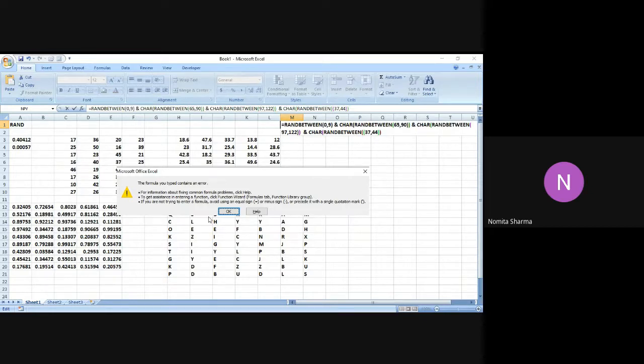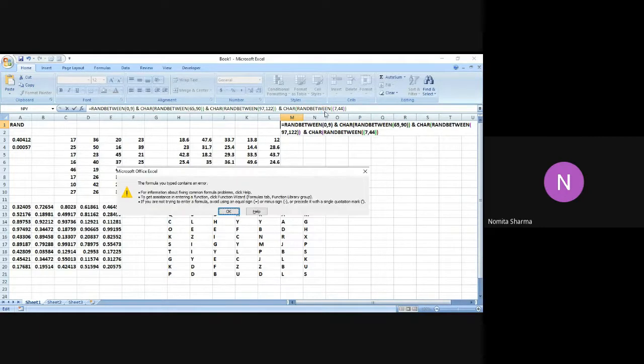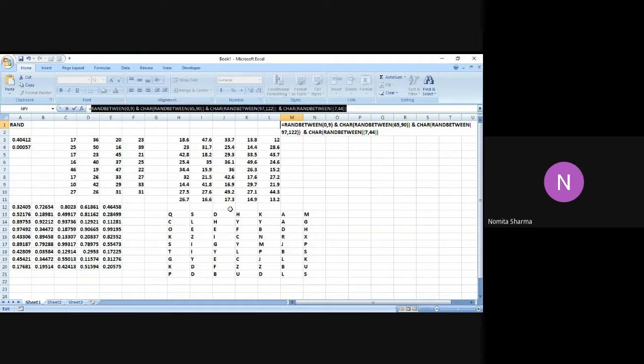Oh, there are two brackets. Okay, now I got it. There are two brackets over here. One bracket, this will get cut.